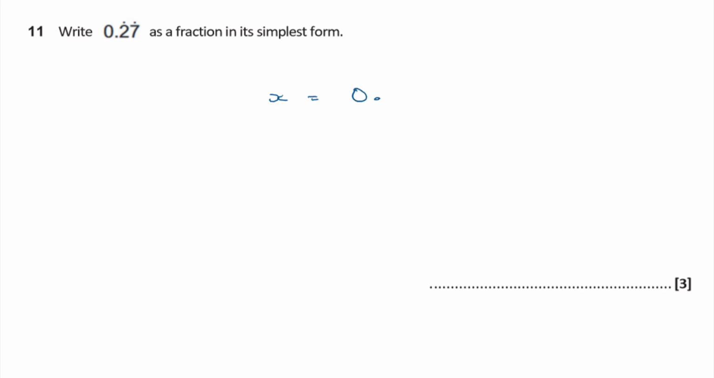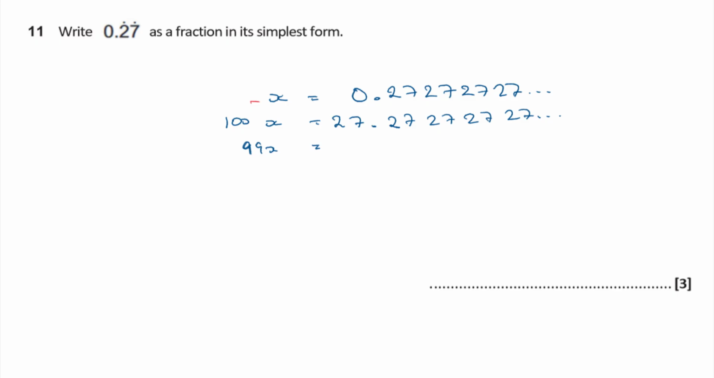Rather than as 0.2 and 7 reoccurring, I'm just going to write it as 0.2727, 2727, and so on. Now, if I multiplied that up by 100 to get 100x, then I would shift the decimal point 2 along, and I would get 27.27272727, and so on. And so if I then deducted the first one from the second one, so if I take that x away from 100x, it will leave me with 99x on the left,